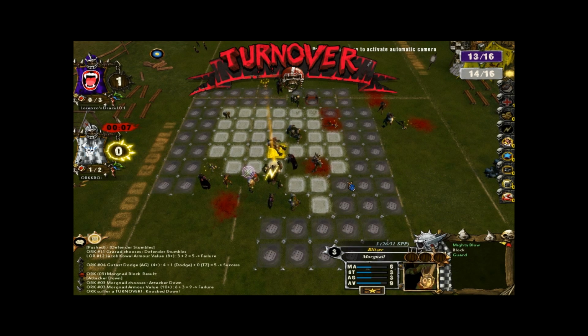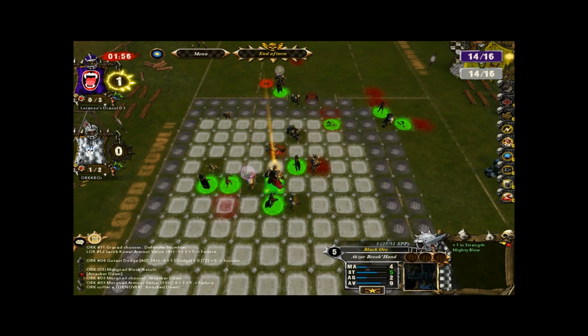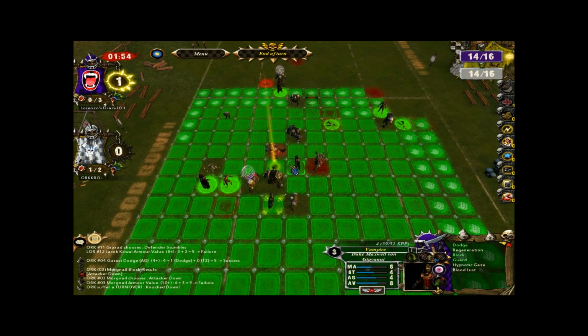And he makes the dice block and gets a red dice. I thought he'd have a 2-die block there, but maybe there was something I was missing. Ah yes, this guy doesn't have guard, and he didn't punch this guy away, so...